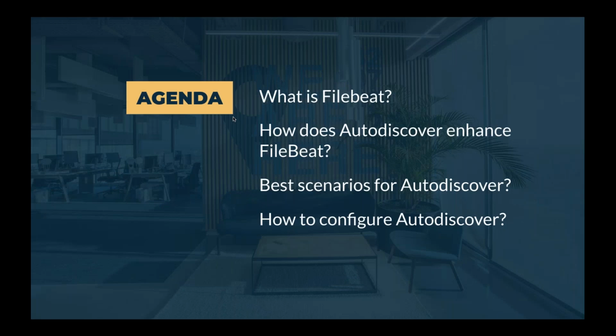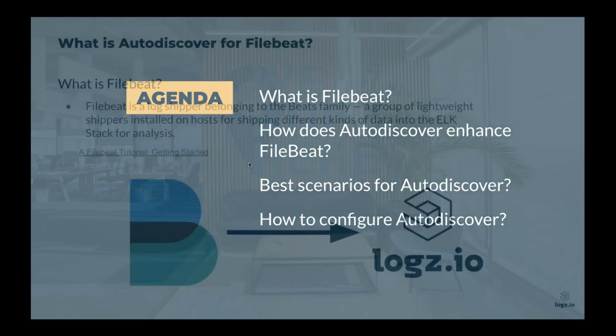We're going to talk about FileBeat very briefly, just to explain what it is and what it does. And then we'll talk about the Autodiscover feature, which basically enhances FileBeat and gives us specific capabilities. We'll talk about the best scenarios for Autodiscover, and we'll do a live demonstration. I'll show you how to configure it. I'm doing this locally on my machine, so it might change a little bit, but the principles are the same. All right, so